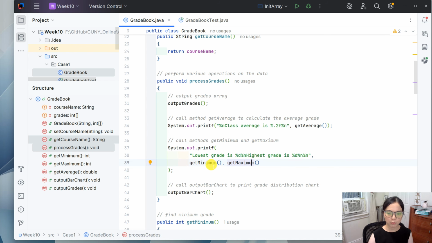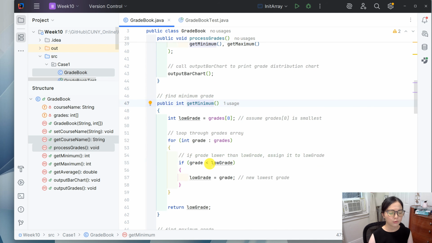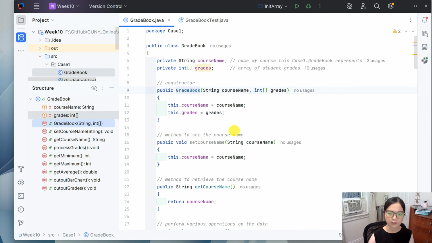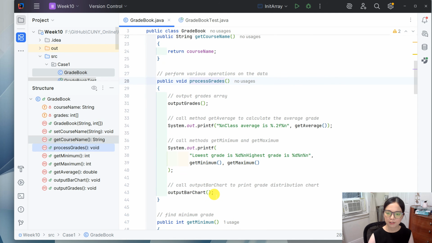These two methods work in a similar way. For the getMinimum method, it assumes that the first value in the array is the lowest grade, and then compares that value with every other grade. Whenever it finds a smaller grade, it updates the variable lowGrade. The getMaximum method works in a similar way. And finally, the program calls the outputBarChart method, which is the